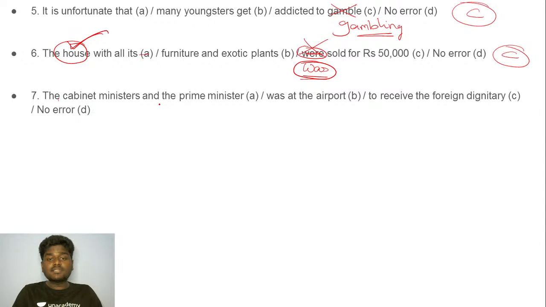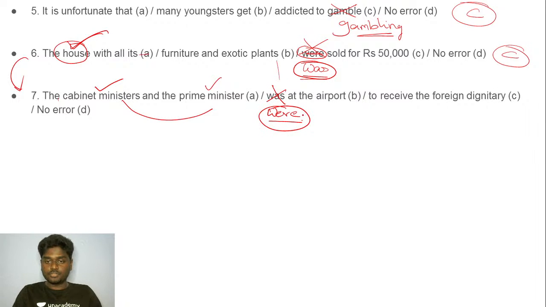The cabinet ministers and the prime minister, again, the vice versa of the sixth. The opposite. The cabinet ministers and the prime minister, it should not be "was". It should be "were". Why? Because they are talking about all the ministers and the prime minister. So we have a plural subject here. So you need to use a plural